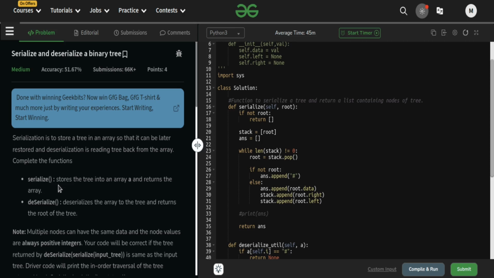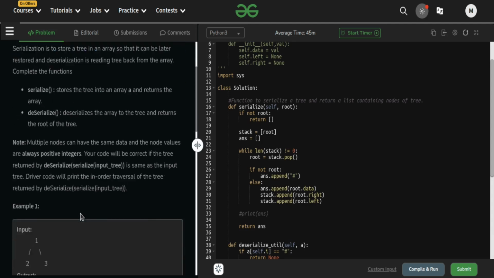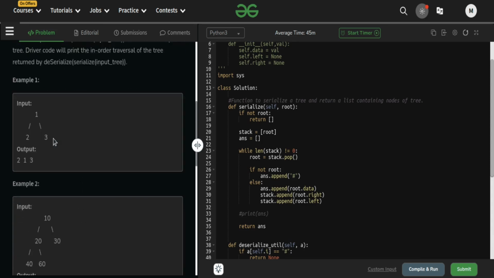Complete the function serialize, which stores the tree into an array A and returns the array. Deserialize deserializes the array to the tree and returns the root of the tree. So let us try to understand the problem statement with the help of an example. Let us say this is the tree which is given to us and we have to populate the serialize and